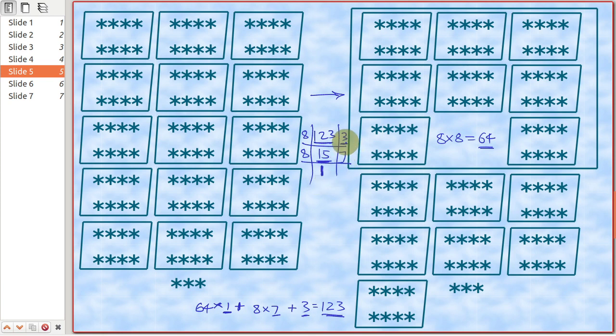So I hope you are understanding what this is. This is the loose stars you have left, this is the number of smaller boxes you have left, this is the number of bigger boxes that you were able to create, and this is the number of smaller boxes which you had before combining them into a bigger box, right? Total smaller boxes 15, then you combine them into one bigger box and are left with 7 boxes, right?